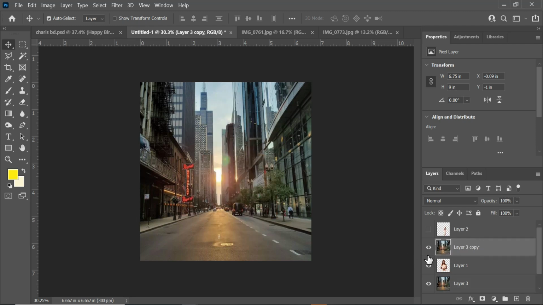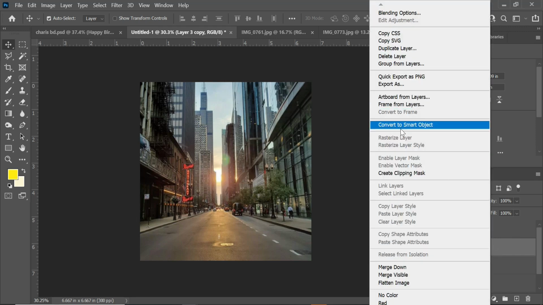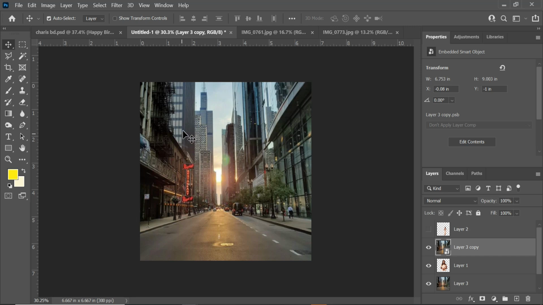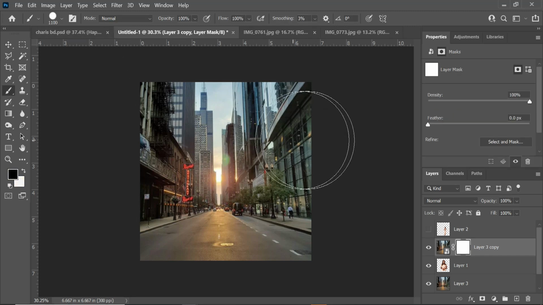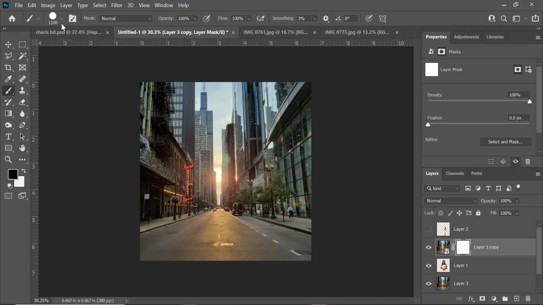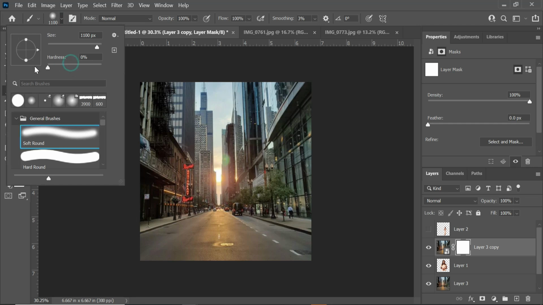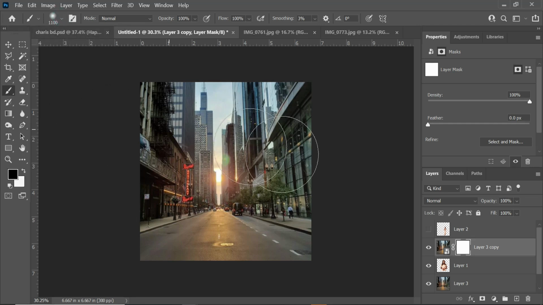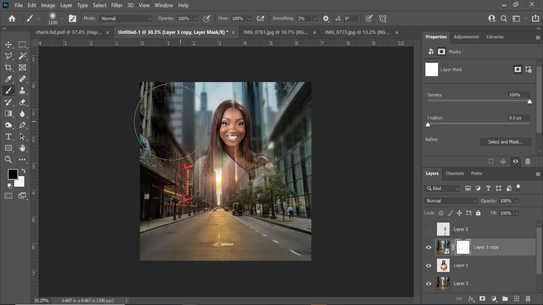So the next thing I'm gonna do now is I'm gonna right click this, convert to smart object. So after I've converted to smart object, I'm going to erase some part off like this. Okay, this is too harsh. I'll come to this place and make sure that the hardness is on 0%. Then I'll brush through like this,